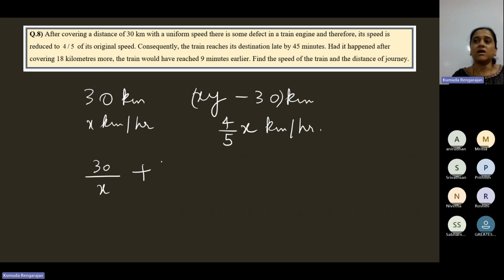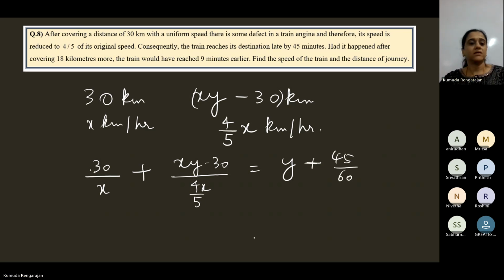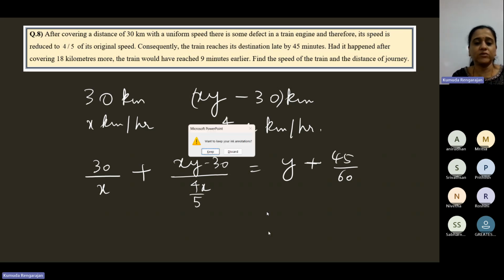And here, how do you find the time? Time is distance by speed. So what's the distance? In the first case, 30, speed x, plus distance xy minus 30 by speed 4x by 5, is equal to the total time taken, y plus 45 by 60. This is the first equation. Now the second equation is